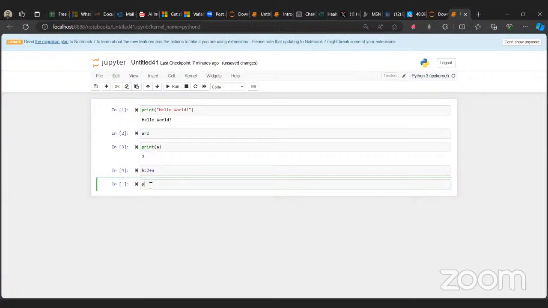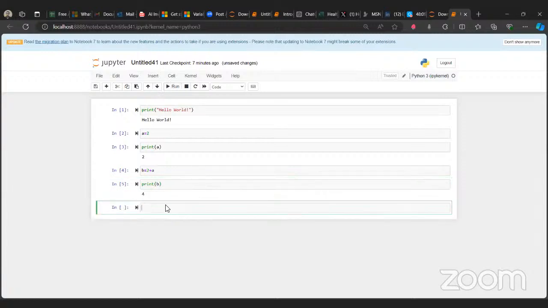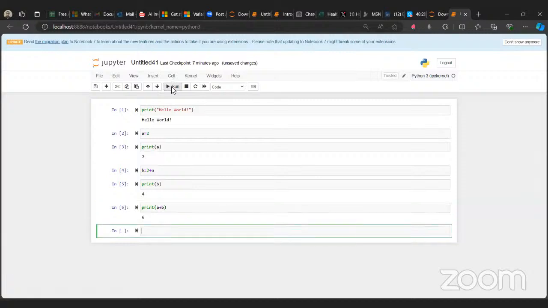When you print b, you get 4. So this is another cool thing we can do with variables in Python. We could also just add our two variables. So print a plus b. We run that, and then we have 6, since 2 plus 4 is 6.